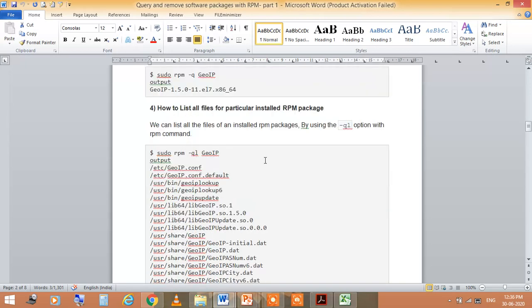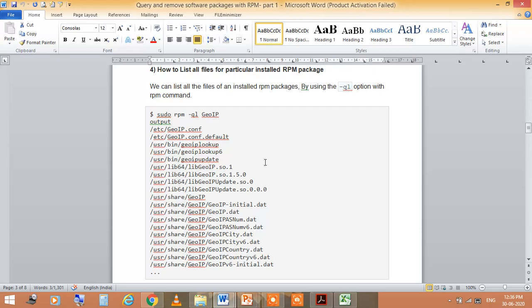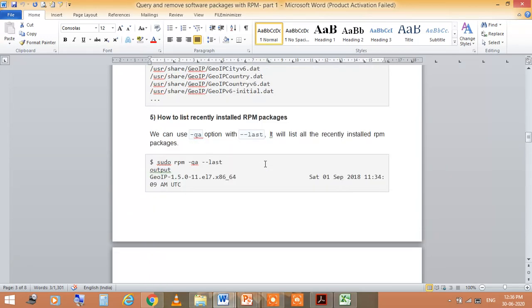Now the next one is how to list all files of a particular installed RPM package. In this we can list all the files of an installed RPM package by using the -ql option with RPM commands. You see this information when you type this command, -ql. This information will display on your screen.